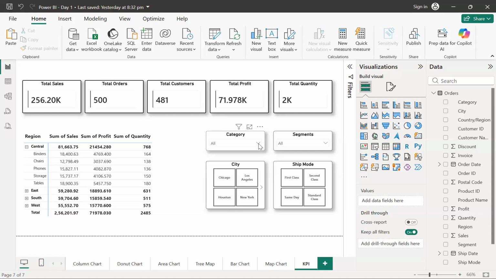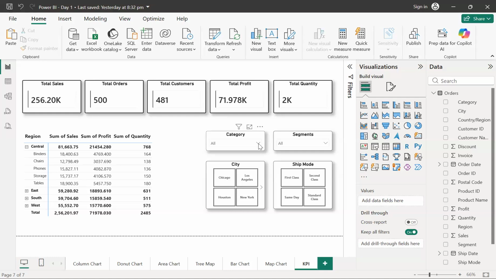Okay, so I think some of you may be saying that you are creating a similar kind of thing in Excel. Now in Excel, guys, when you're creating this kind of a slicer or filter, you need to make that connection, that through how many tables you want to create that connection.